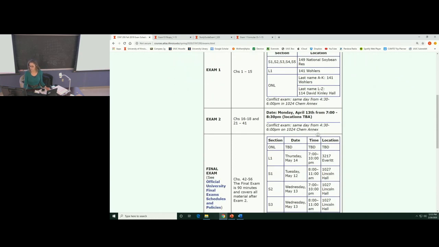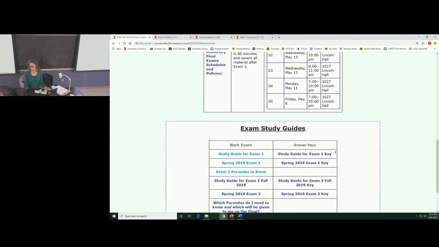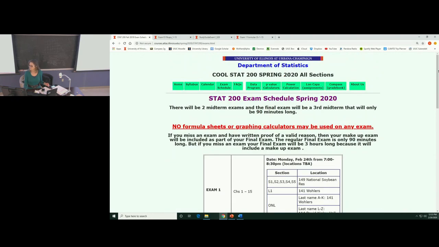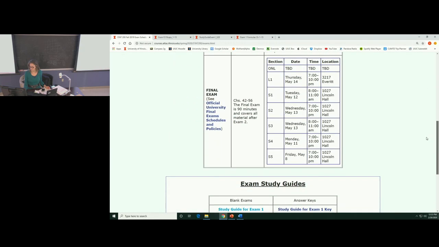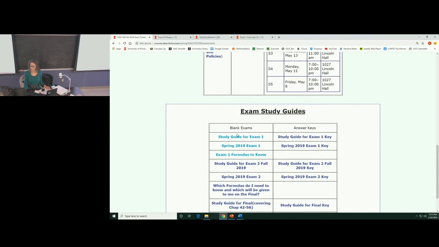Then I also updated, if you scroll down further, the study guides, what your materials to study. They're right here for exam 1. And these are updated, and as I said before, they just cover chapters 1 through 15. And so what we're going to do later in the hour is we'll look over some of this. But before we do that,